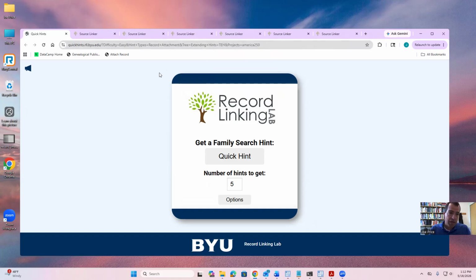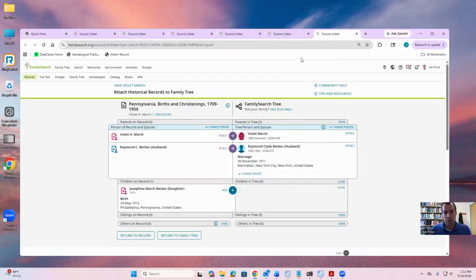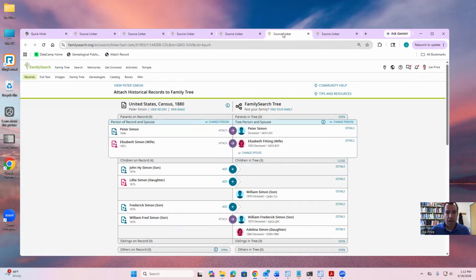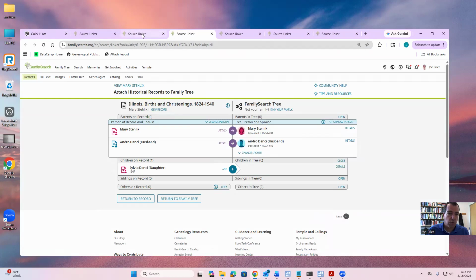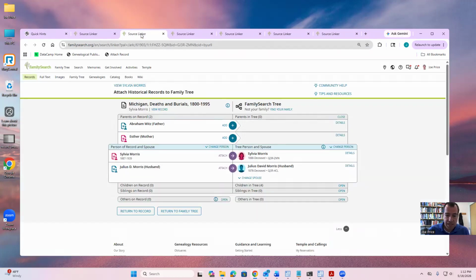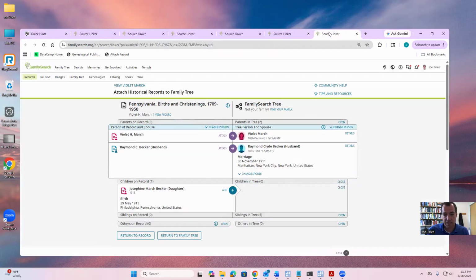And then I guess while we're here, just let me show you one other thing. So I tend to open up a bunch at once and I work my way backwards. Okay. And then, at any point, if I don't think it's a match, I can skip it. But this allows me to do my best, looking at each one, spending my time deciding if it's a match. So looking at this one here,